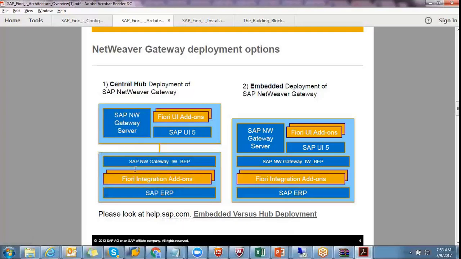The back-end system will have ERP, business suite; the front-end system, gateway server and UI5. We write the OData application from the front-end system, which takes the data from the back-end system with RFC, and OData will be generated. OData will be consumed by SAP UI5, and it will generate the output.